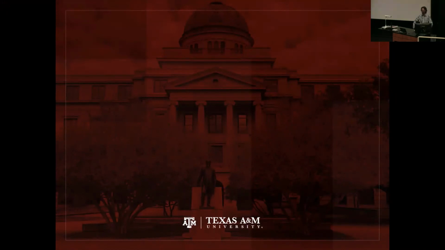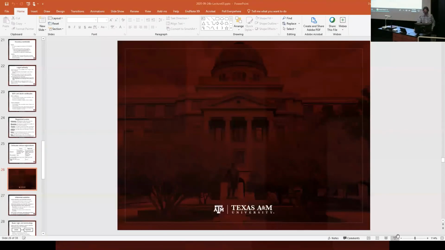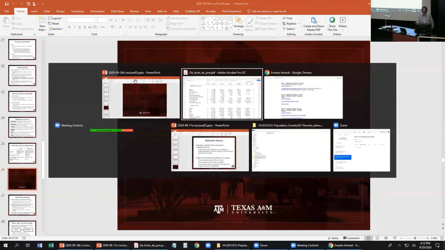Why would we do a de facto census instead of de jure? Because de jure is more accurate, because it measures where the person actually lives. Because de facto is cheaper. Right? De facto is cheaper, and some of these countries don't have the system that the US has to send